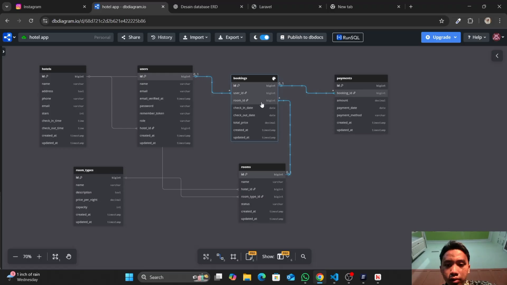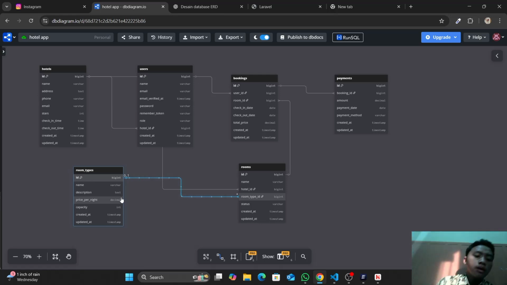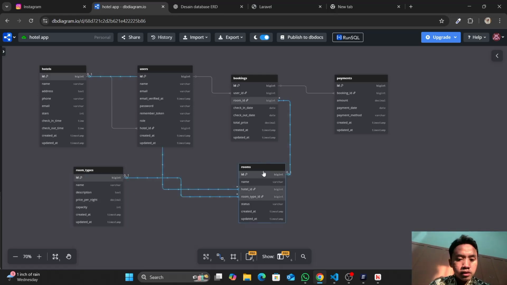The primary key is the main identifier that represents every entity, and the foreign key ties entities together; you can call it a relationship.